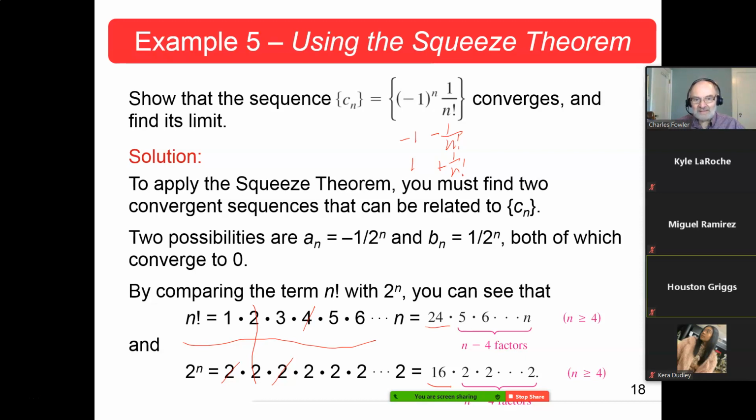So anytime n is greater than 4, when n is equal to 4, n factorial is 24, 2 to the n is 16, and then you're multiplying this next by so many factors. Every one of these factors is bigger than that factor, by a large amount. More than doubled here, more than exactly tripled here, and they just keep getting bigger and bigger and bigger. So this one's greater than that, so 1 over that has to be less than either of those, and it is. Okay, now whether you can tell that's a squeeze theorem or not, that's what it is.